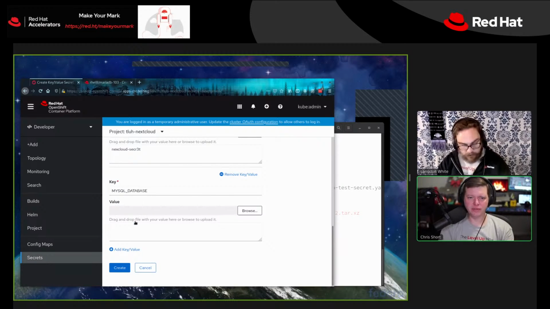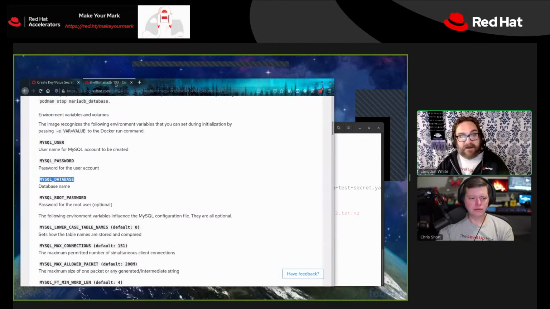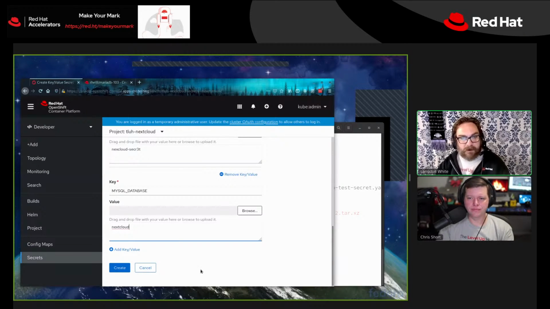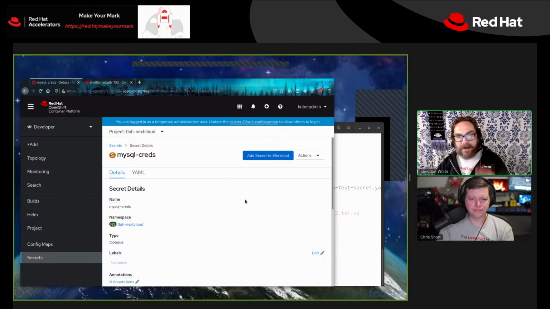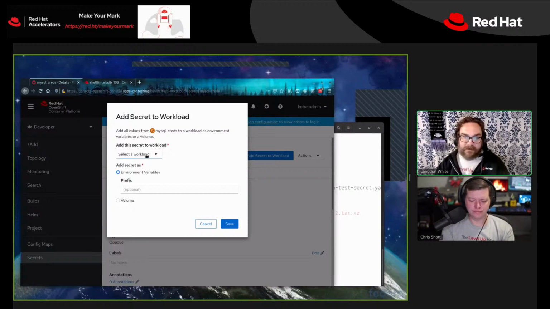I mean, it's going to be an upstream thing, I think. Right? I cannot find these text boxes because of that gray text. I'm just going to call the database name Nextcloud. And then I'm not going to use the root password because we don't need it. Okay, so now I have this set of creds, and I can add the secret to a workload,